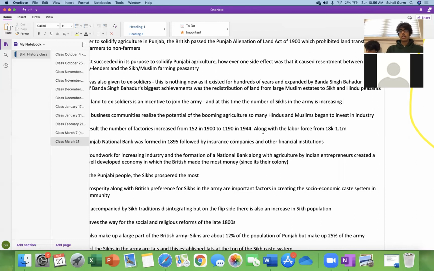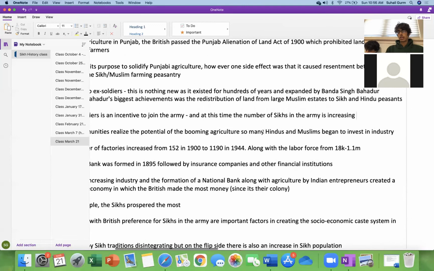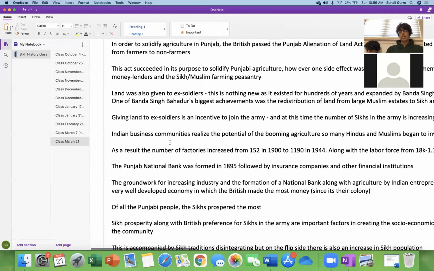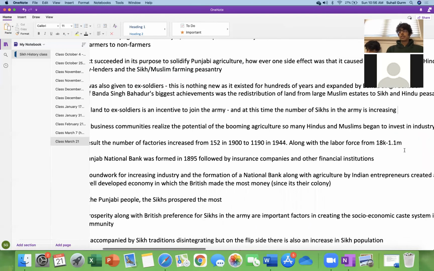It's a lot. And along with that, the labor force is also going to increase. You have factories, you need workers, you need laborers. So you had about 18,000 factory workers in 1900, but about 1.1 million in 1944. So the agriculture is booming, and along with it, this industry is also going to increase, with factories and labor force going to go up